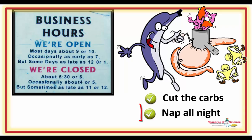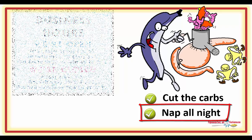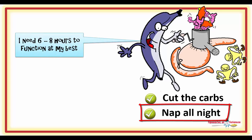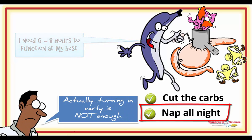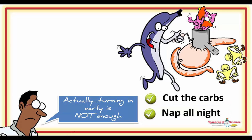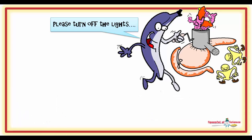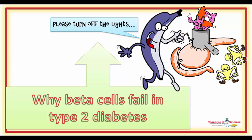Now, a good night's sleep starts by getting into bed at an appropriate hour. Not getting enough sleep definitely impacts your ability to control your sugar levels, but turning in early might not be enough. Researchers from the University of California have found beta cells need to be in the dark. Join us for this episode of Better Body Chemistry TV as we uncover one of the reasons beta cells fail